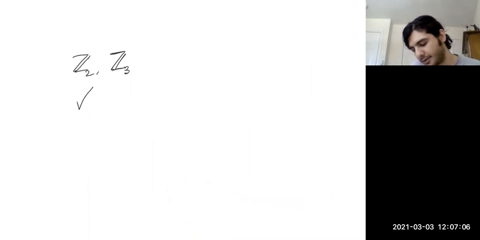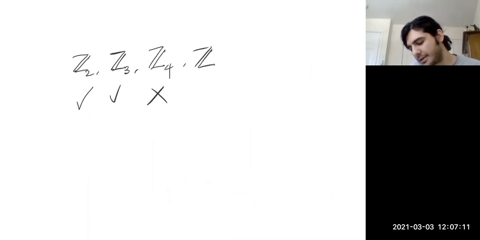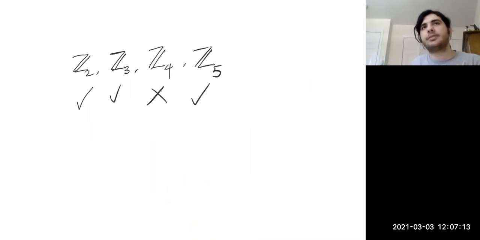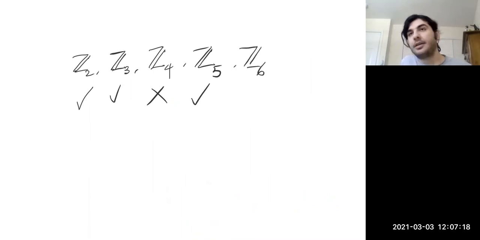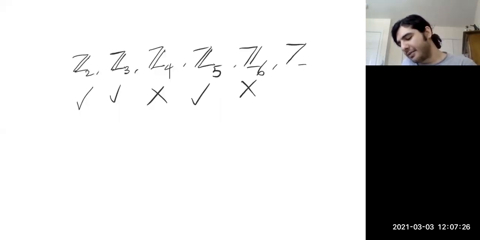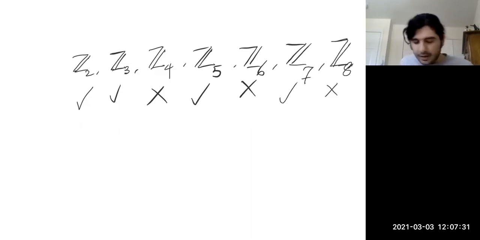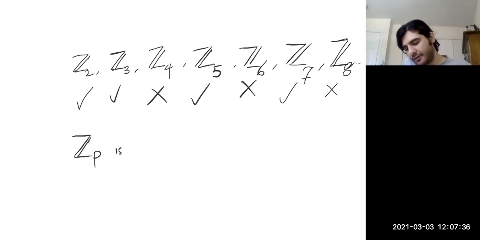Let me tell you something. So Z2 is a field. Yes. Z3 is a field. Yes. Z4 is not. If you look at Z5, it's a good exercise. You can see Z5 is a field. Z6, you can see it is not. Again, 2 does not have any multiplicative inverse there. Z7 is a field. Z8 is not. And if you pay close attention, you would understand Z_p is a field